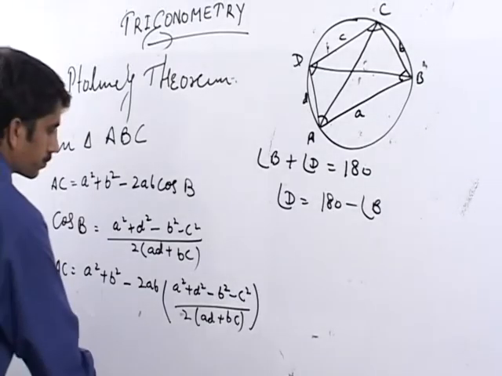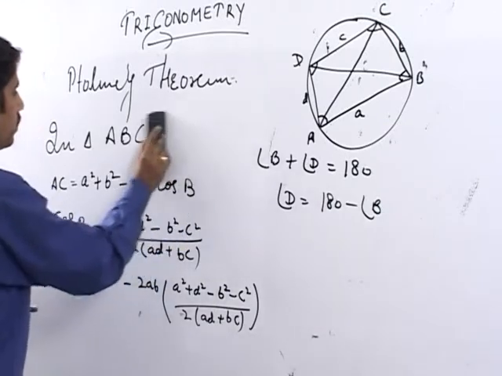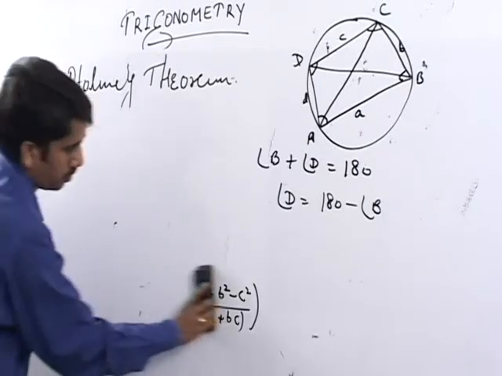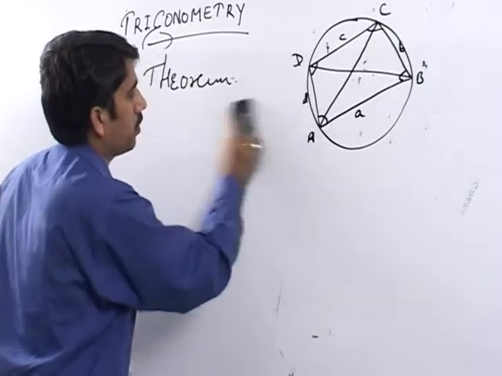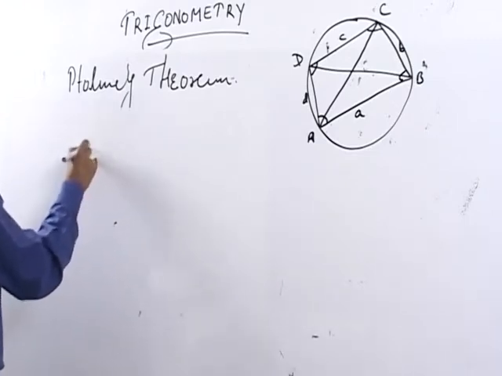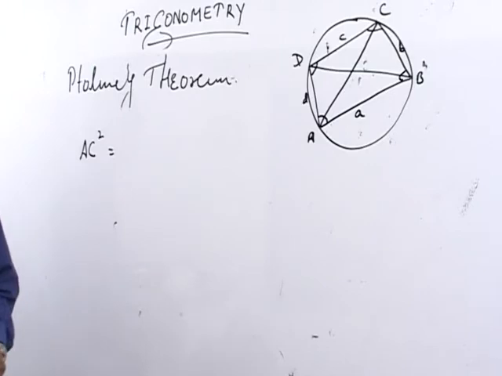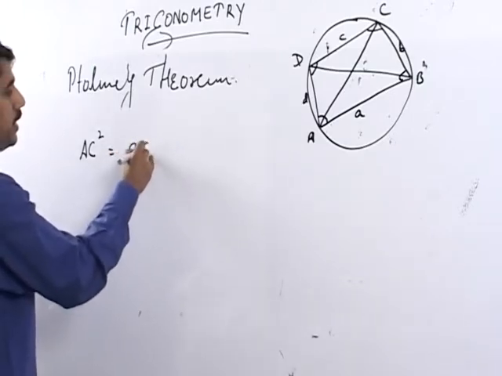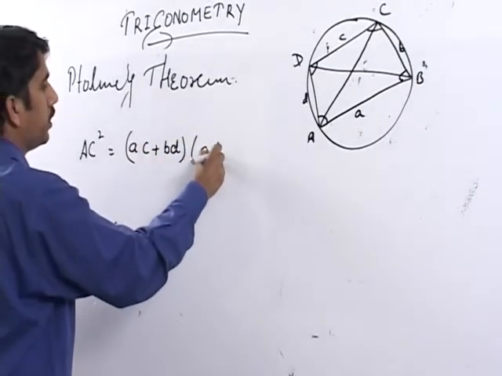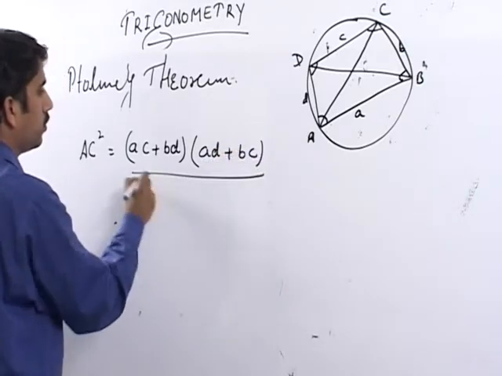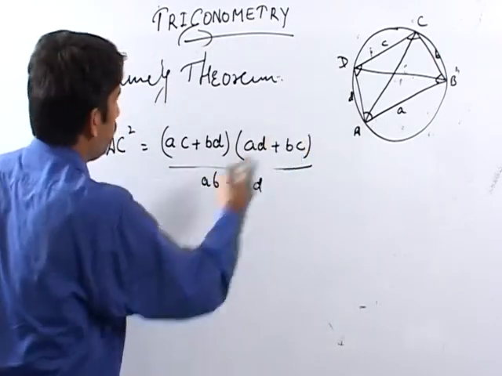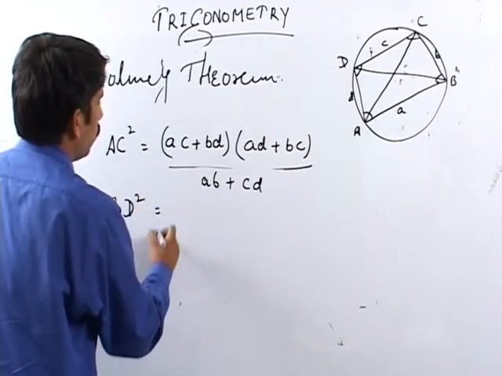Now when you solve this, you will get AC square is equal to AC plus BD into AD plus BC, AB plus CD, and similarly BD square will be equal to